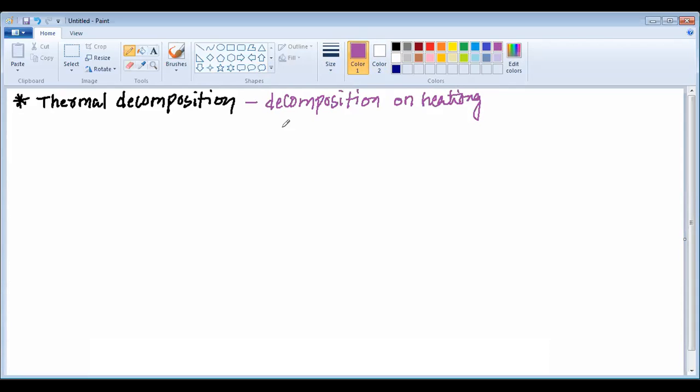So this is how, my dear students, we have the various decomposition. This is thermal decomposition, which is decomposition on heating. We study the various decomposition, and one of them is the decomposition of lead nitrate. So let us first study the decomposition